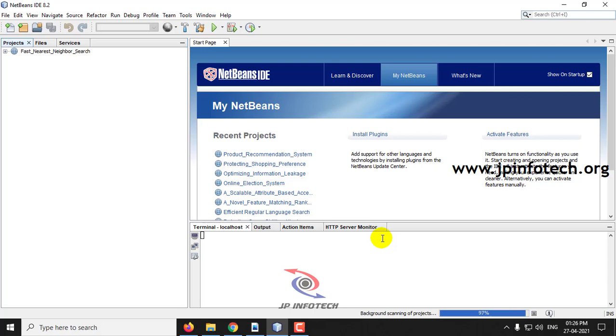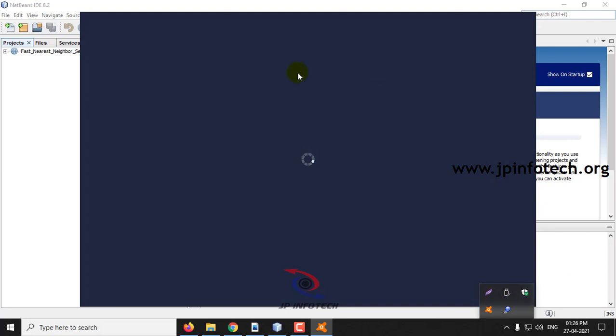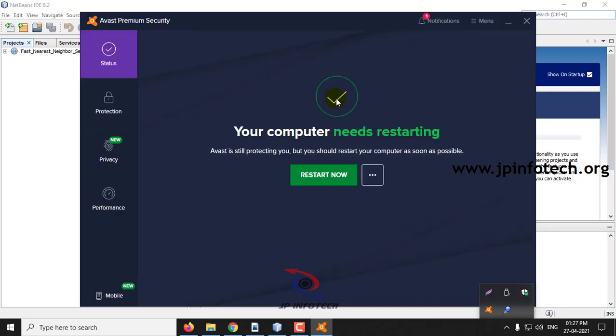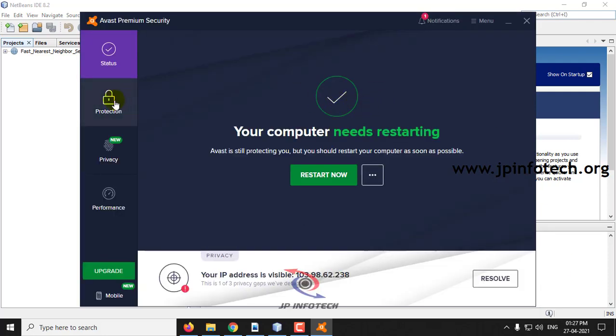And also, as this project uploads the file in the cloud and the keys will be distributed through email, you should stop your antivirus or your firewall before executing this project. In case you do not stop it, you may not receive the email, as your antivirus or firewall will be blocking it.